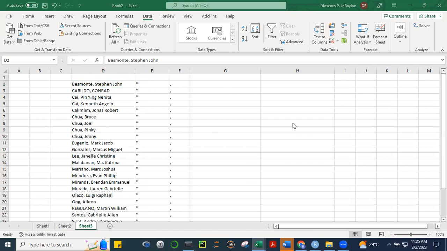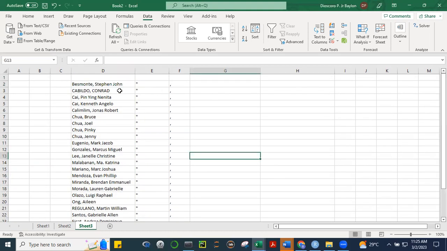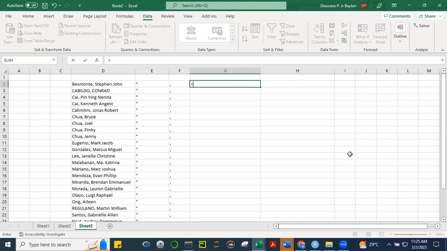We said that if we copy this to R, we will have to put quotes and comma between the names, because otherwise R will not read that, because characters in R have to be placed in quotes. So what we can do is concatenate this. We start with quotes, and then I give the name, and then another quote, and then end with a comma, right? Control Enter.